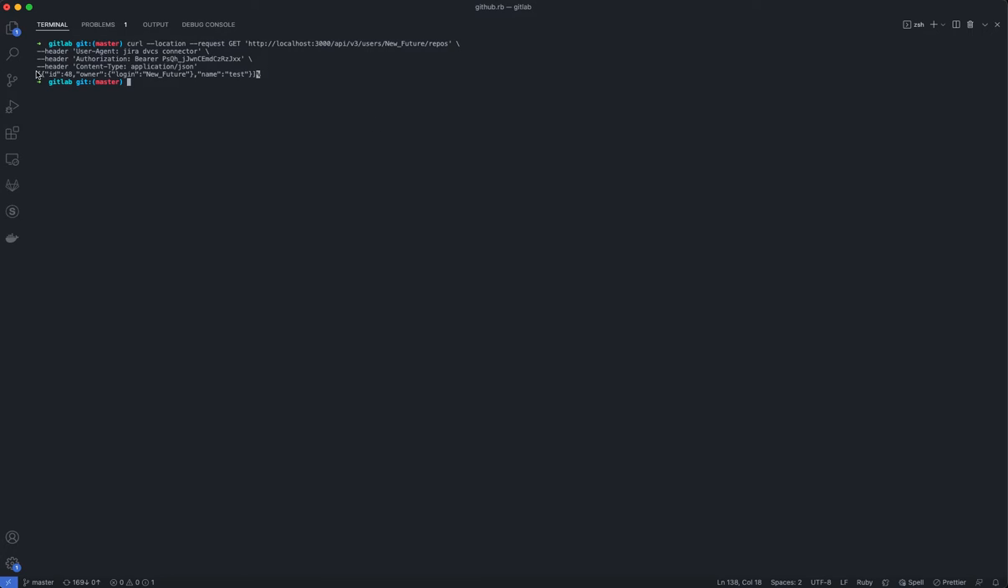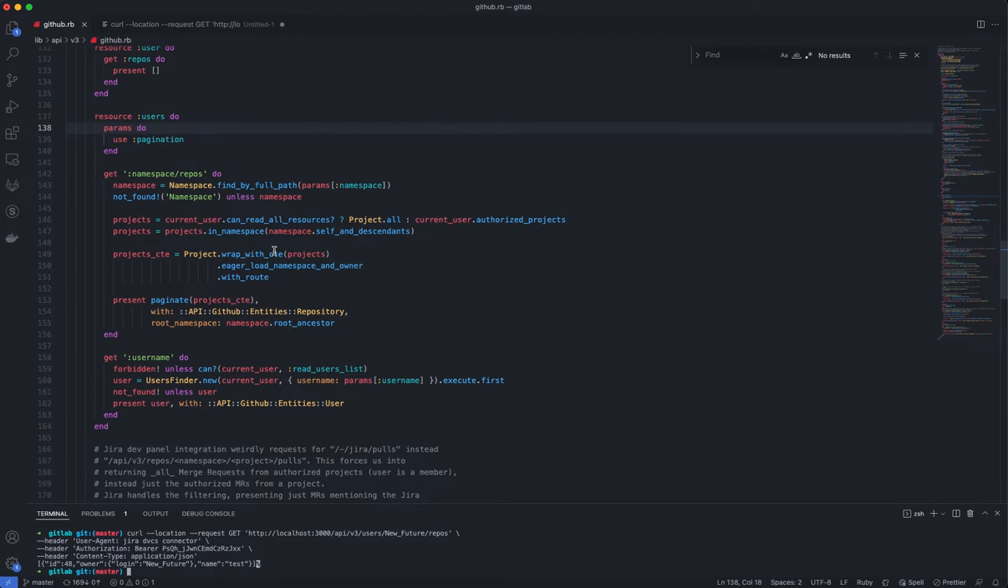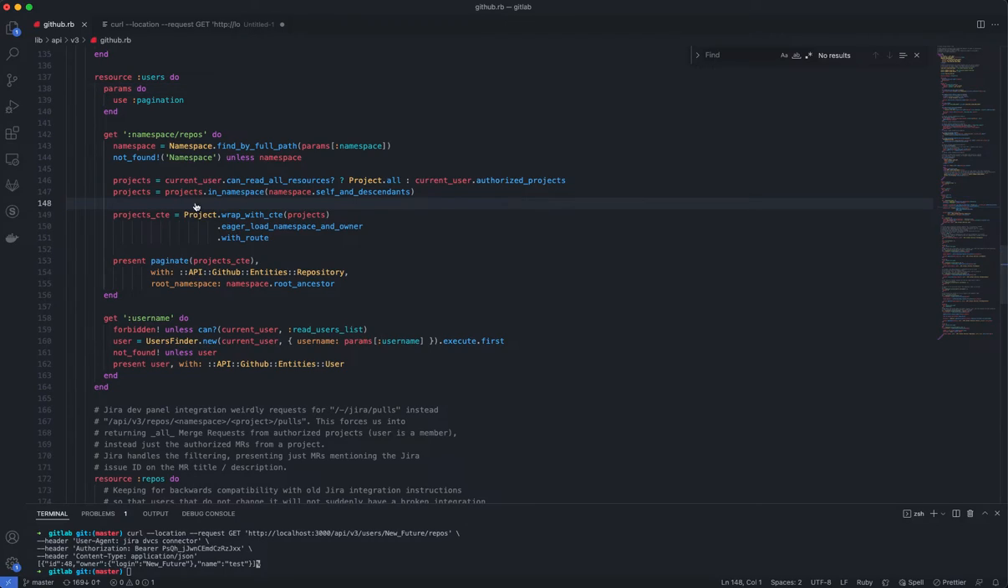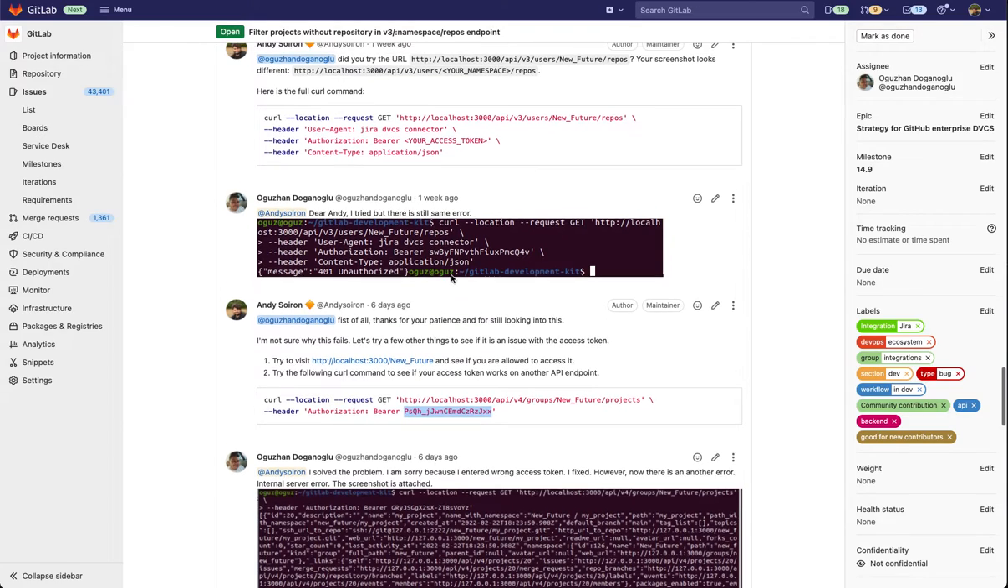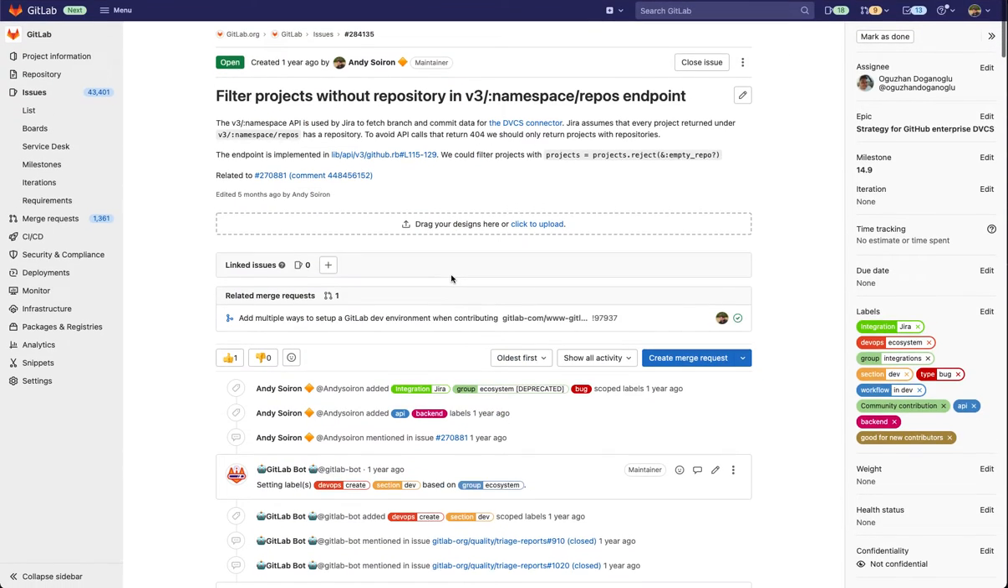this works. So I get a response back, and this is expected. Now I would add a new change, like I suggested in this issue here. Let's scroll up. So I suggested to put this change